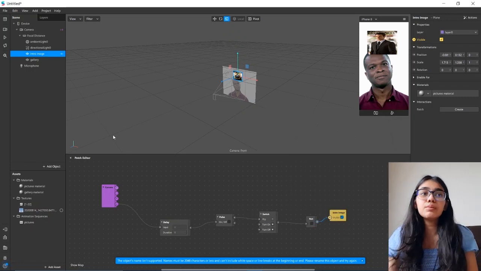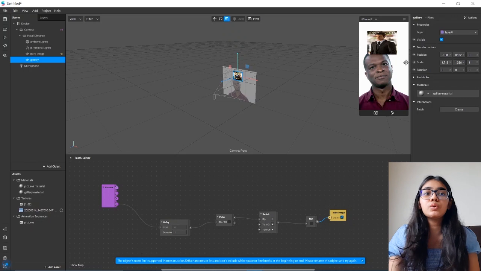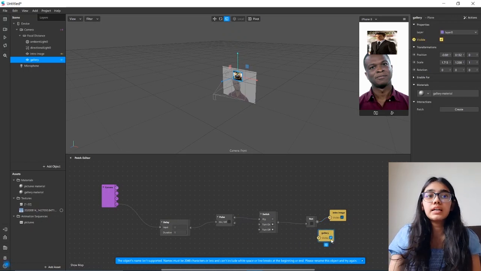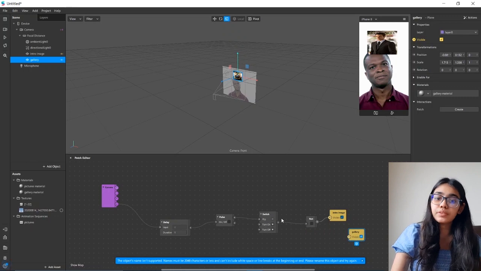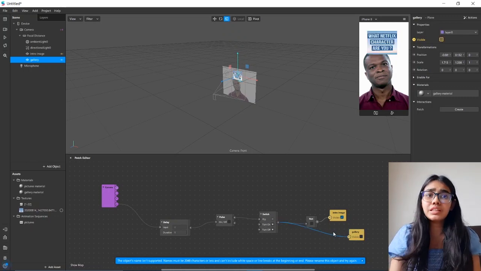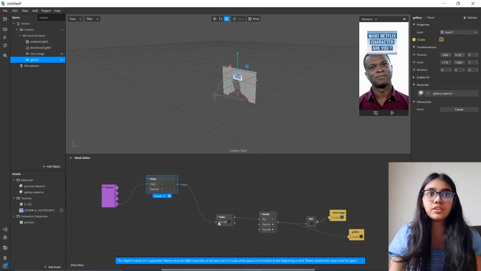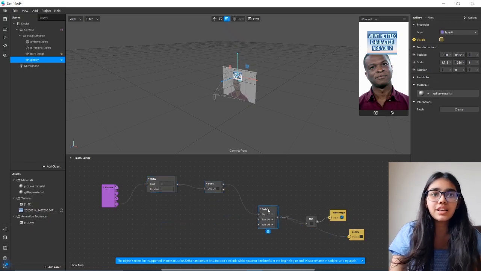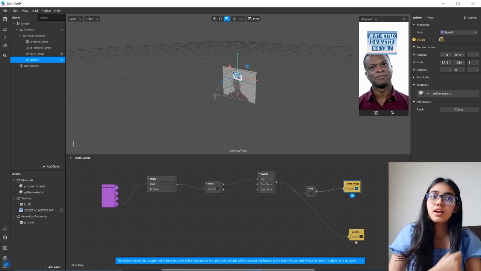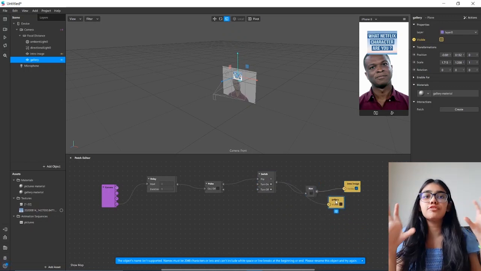Now we'll go to gallery and do the same thing, which will give you a yellow box again, and this box we're gonna connect with our switch node. Now I'm just gonna readjust everything. Here's where the OCD kicks in. So this is basically the first module.